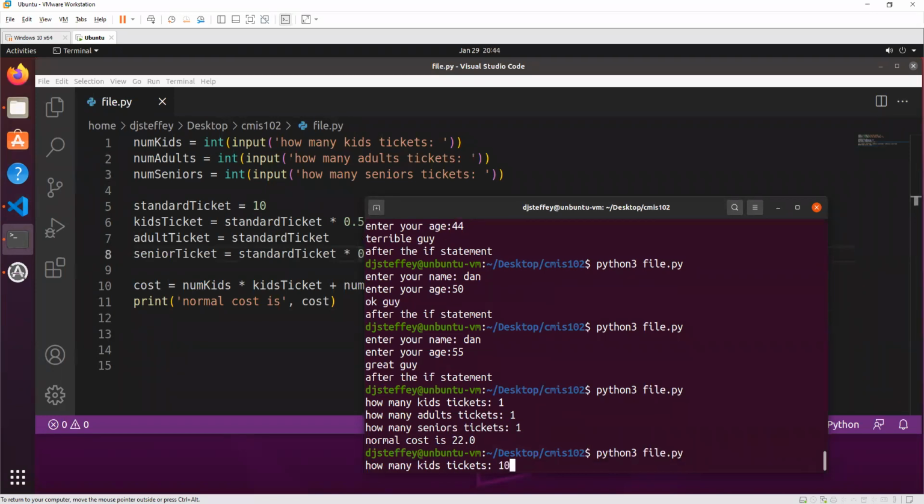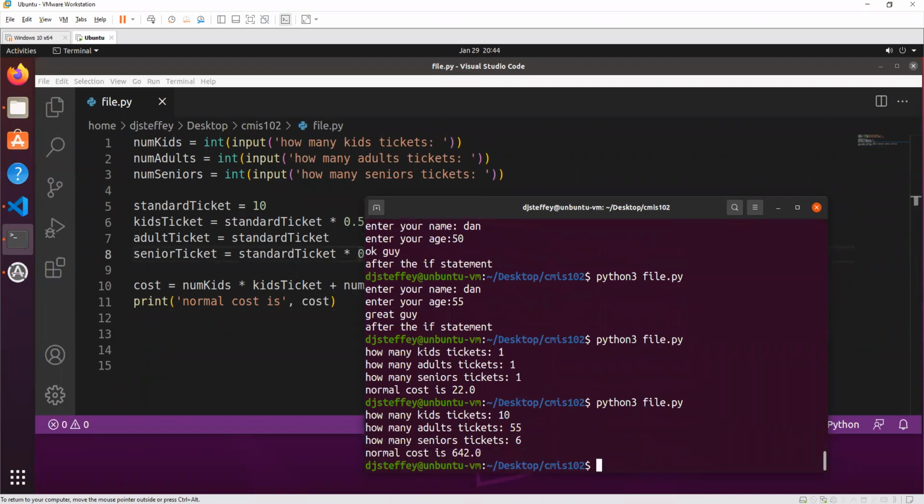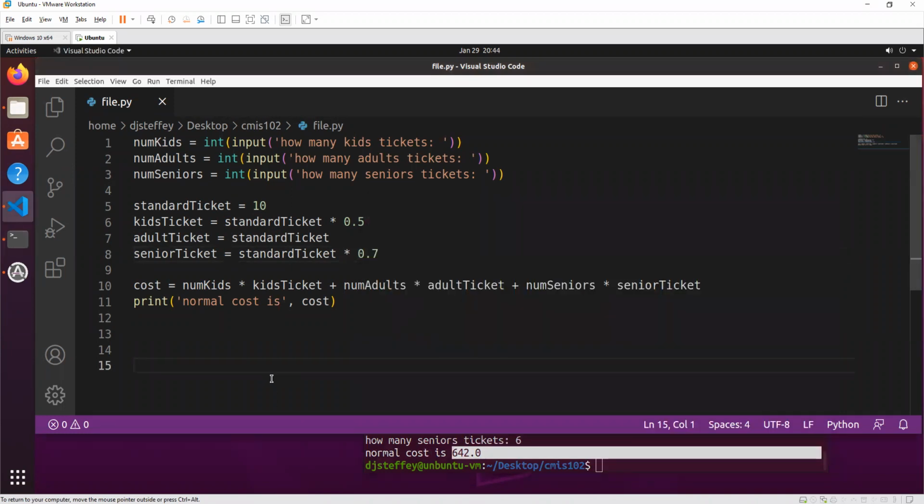Let's add some. Let's say you get 10 kids, 55 adults. It's a tour group, right? And 6 seniors. Yeah, there you go. It's going to cost you $642. So we have a good program that computes how much you have to pay to go to the zoo. But now let's say,